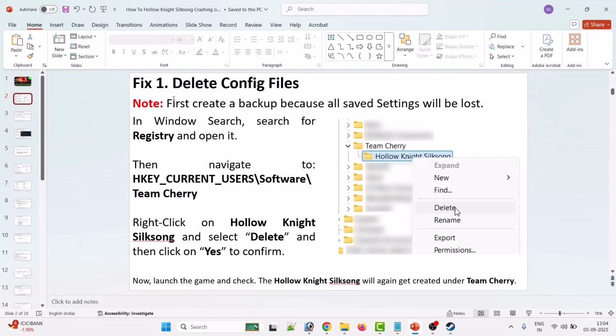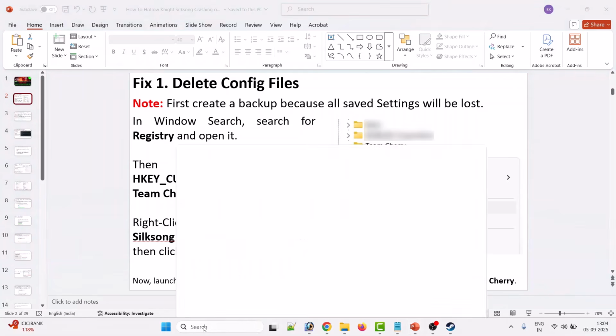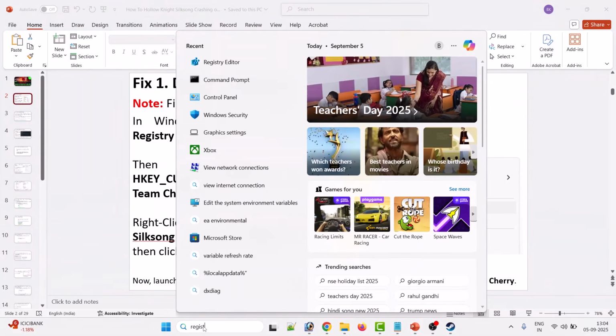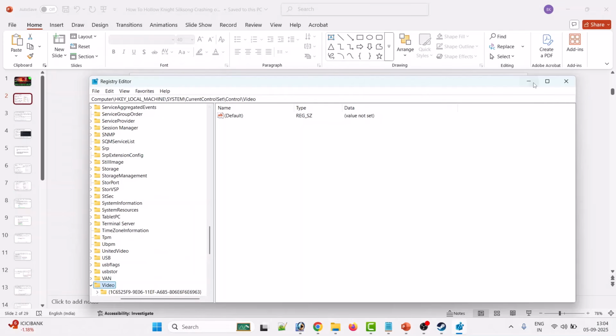The first fix is to delete the config files. Now first create a backup because all saved settings will be lost. So if you agree, then in Windows search type registry and open it. Click yes to allow. Then navigate to